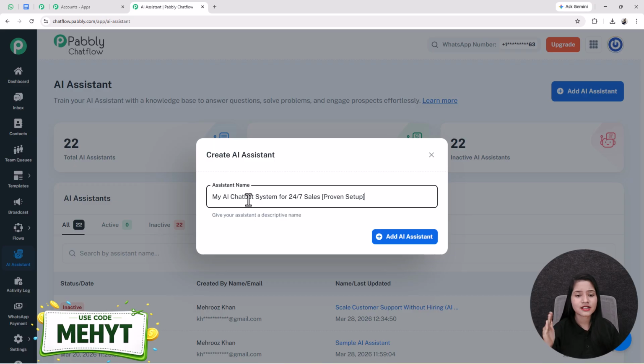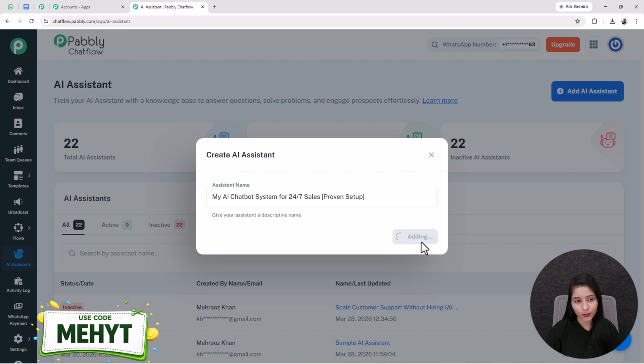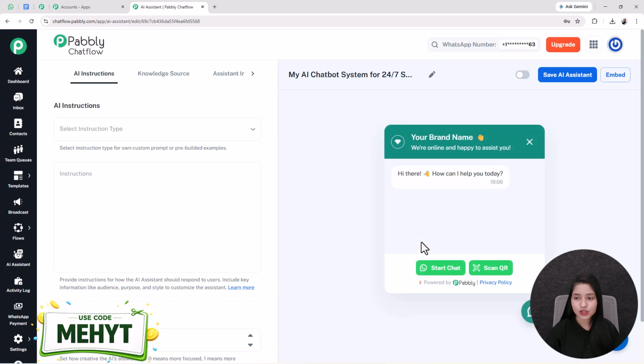Here I have entered this AI assistant name by my choice, but you can give it completely based on the specific industry you are designing the AI assistant for. After that I will click on this plus add AI assistant button and you will see our AI assistant is created successfully. Now this right here is the starting point of creating your AI assistant, where at first you have